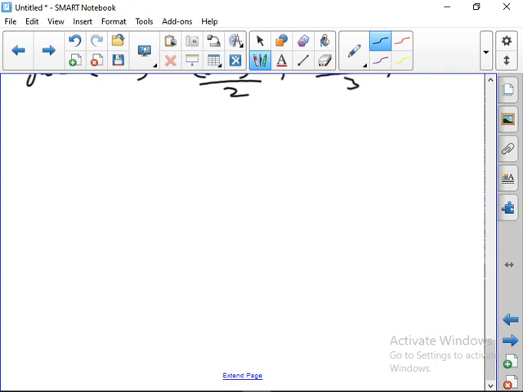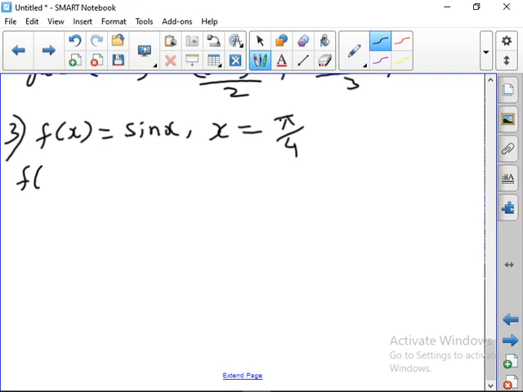So similarly we can do that for the third question. So what about the third one? Expand sin x. So f of x is equal to sin x in ascending powers of x minus pi by 4. So here x is equal to pi by 4, up to 3 non-zero terms. Okay. So we will put the table f of x and its derivatives.